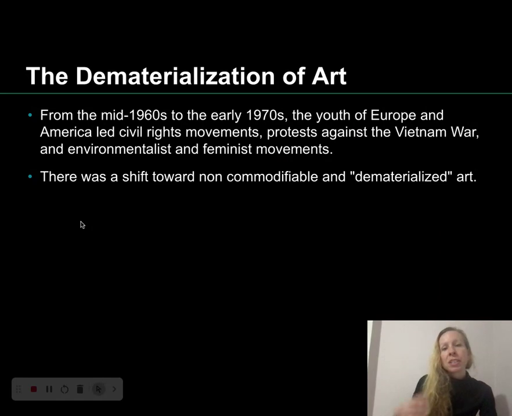And so, the dematerialization of art. So really thinking about it as non-commoditizable and dematerialized, so it wasn't something that could really be bought. All right, so there are different art movements that we could talk about